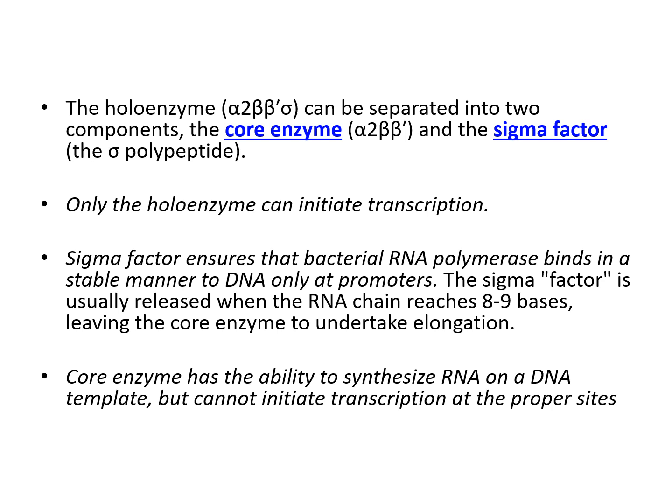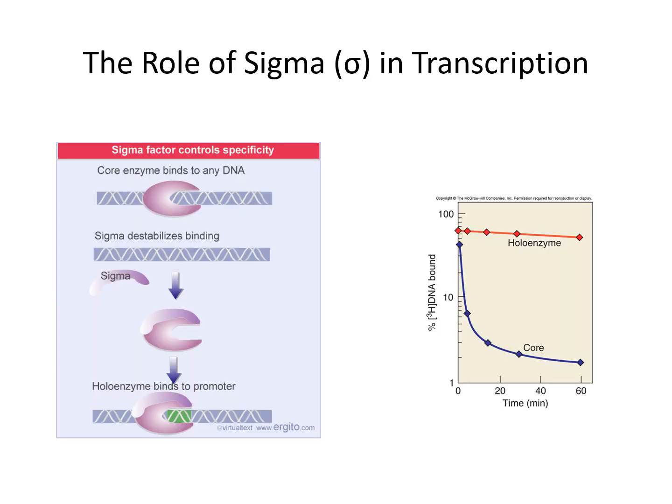The core enzyme only has the ability to synthesize RNA on the DNA template, but it cannot initiate transcription. This diagram shows that the sigma factor controls the specificity, because the core enzyme can scan through the DNA strand,